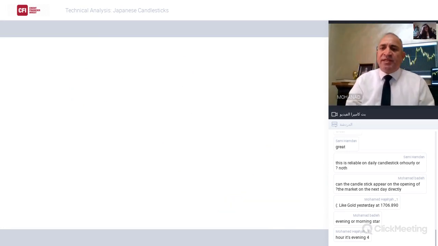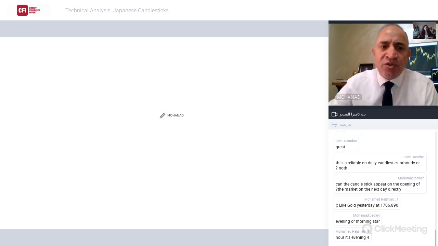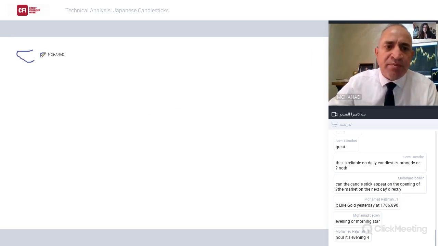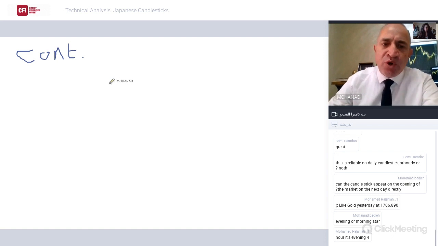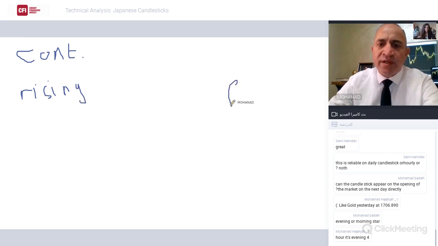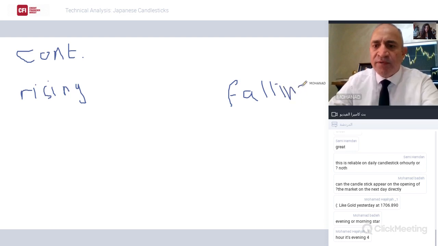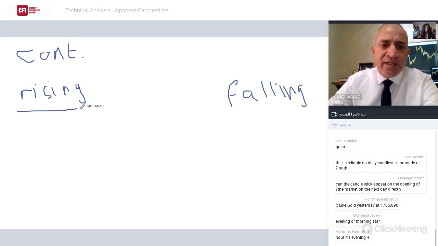Okay, let's finish with the last pattern we will study today. It is a continuation pattern. We have the most important continuation candlestick patterns, rising three methods and falling three methods. The rising three methods consist of